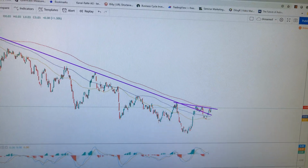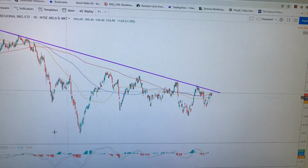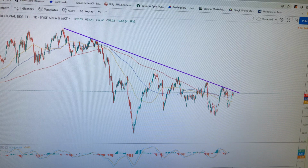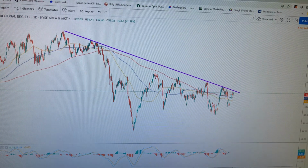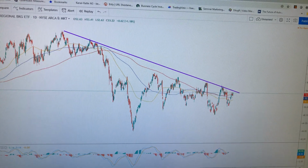But it's not just large cap banking stocks. You can even look at things like regional banks. They're displaying a similar pattern, very much like the large cap banking stocks. And so here too, there is definitely potential for these things to move higher. Now, they haven't moved higher yet. They haven't broken out yet, so I want to be very clear. But that is something that I want to be mindful of,